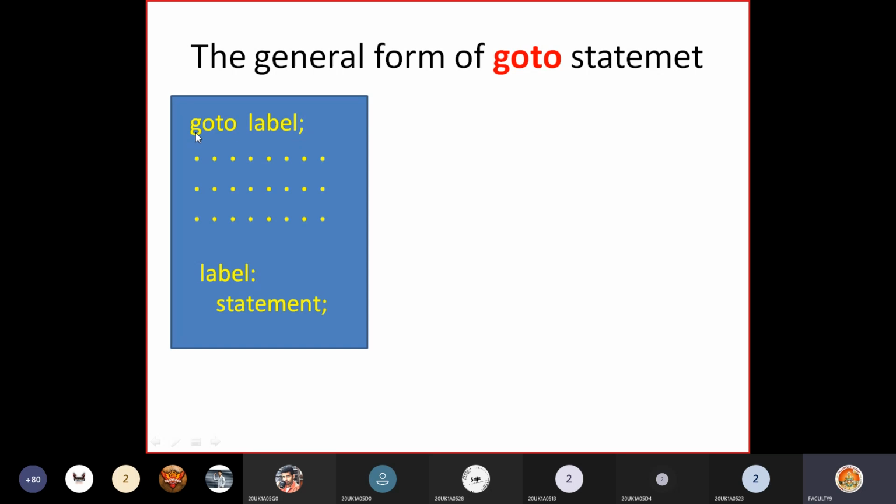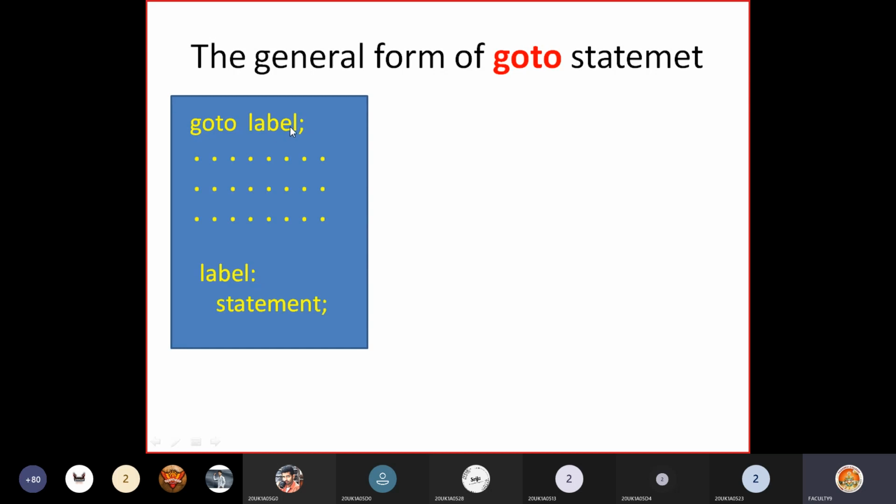That means you are informing the computer to go to the place given by this label. After this you have written some statements, assume one statement, two statement, third statement like this. And somewhere in the program you have written this label followed by a colon.